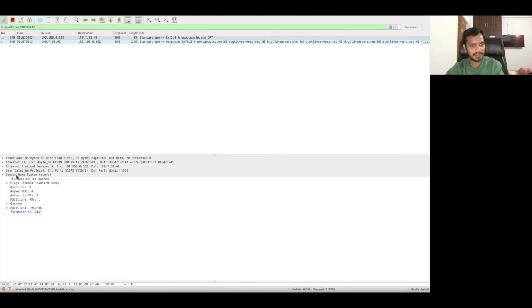Now this is important. Domain Name System query. What is the query here? You can see here some flags, as I've told in the previous video, like the exact DNS message format. First 12 bytes is for some flags and all of these. What is the number of questions? How many answer records are there? How many authority records are there? How many additional records are there? And if you're not understanding this, do watch my previous video in which I have discussed the DNS message format.